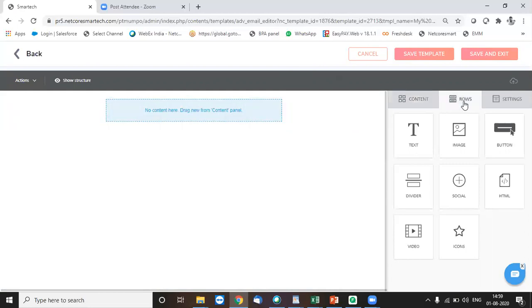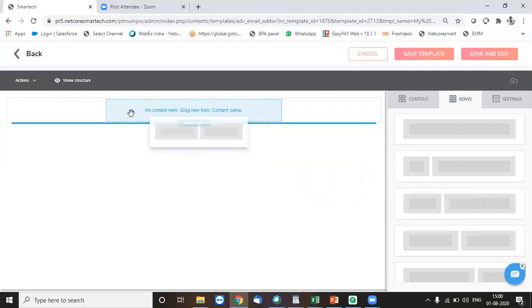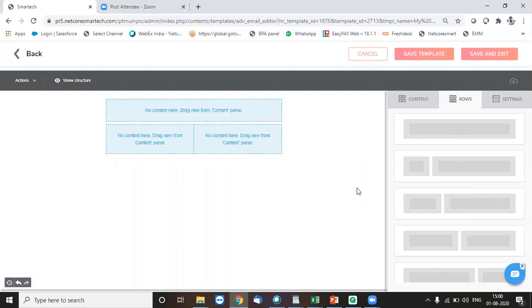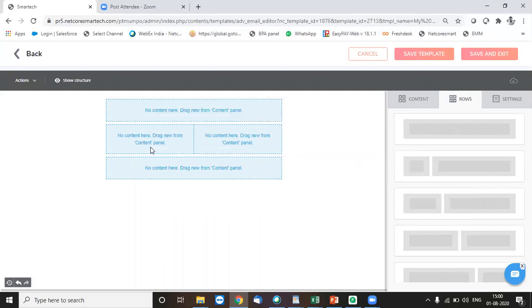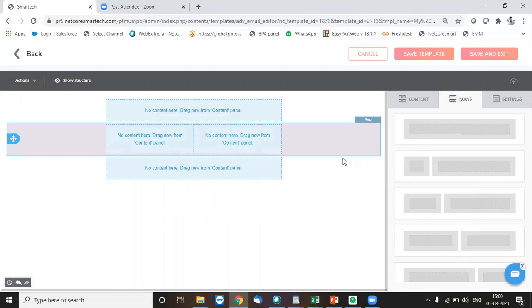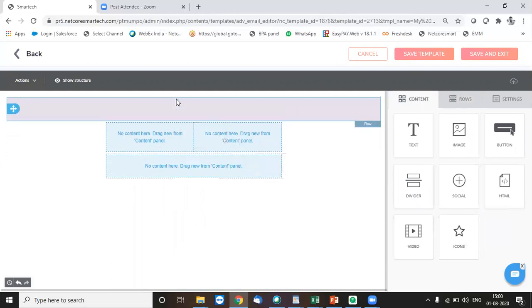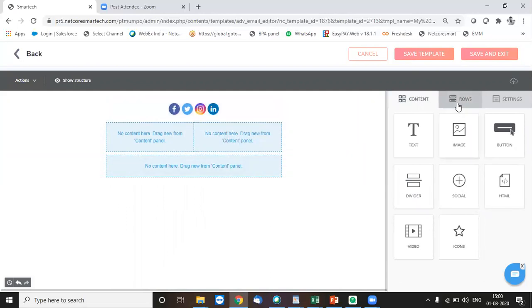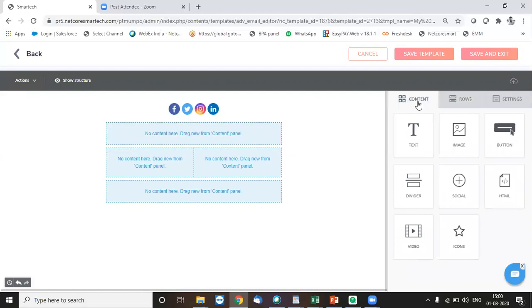Here now we first have to build up a framework. Framework basically means your skeleton, your email skeleton. So let's say I want to create a template with these many structures, and on top of that I also want to add a social option. So I can use these many kinds of materials in my framework now.